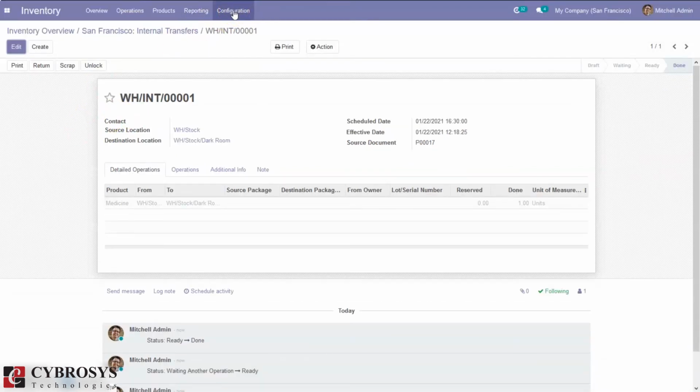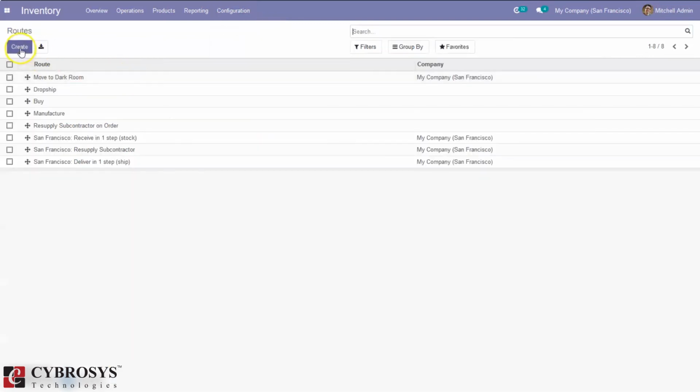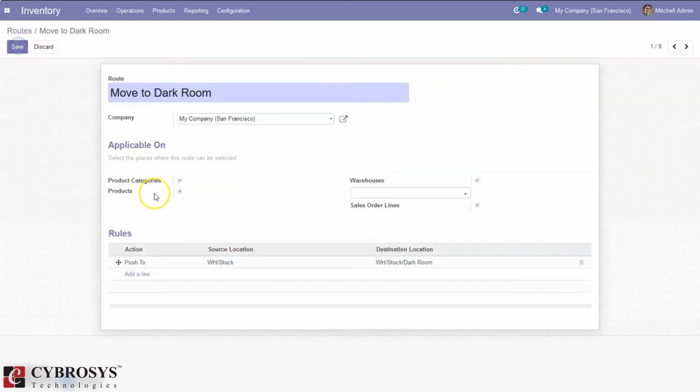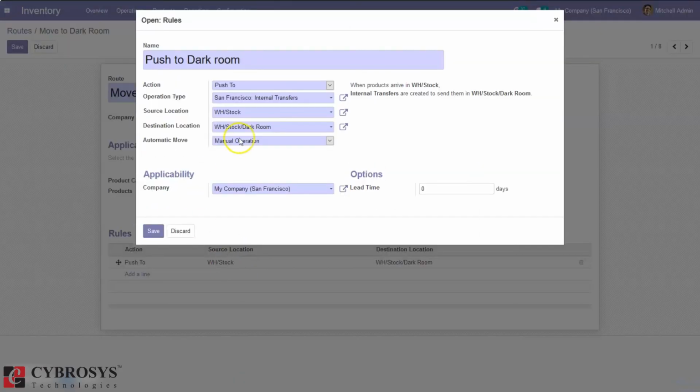Now here I'm going to change my rule. It is automatic move, set to automatic, no step added.